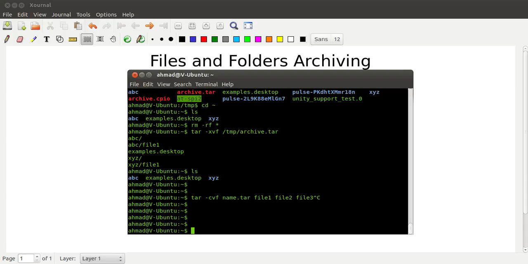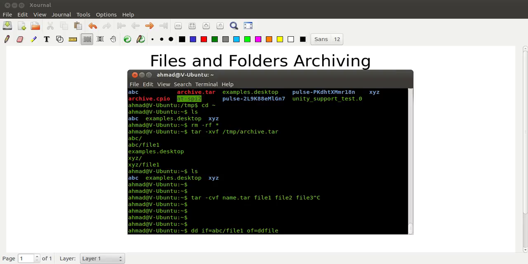So let's first try to use the dd command to copy the content which is in ABC. There is a file in ABC by the name of file 1. So let's do that. The syntax is dd, and afterwards I type in the input file, which is in the ABC folder, and the file is file 1, and then the output file where we want that file to be written, or maybe create a new file, let's just put it in our home folder, where I am at the moment, and let's call this file